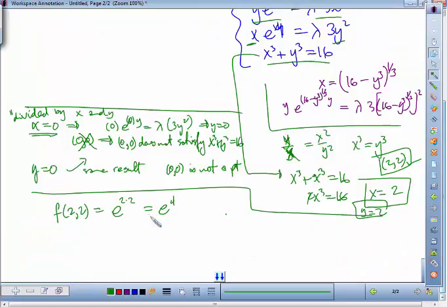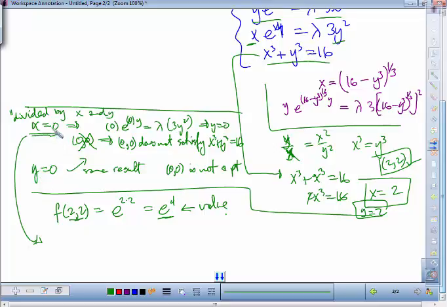So we got this. This is a point in the domain, not only in the domain but also in the constraint. And so Matt actually suggested something kind of good where we put 0, 0 into the function, but 0, 0 is not part of the constraint. So if I randomly pick another point on the constraint,